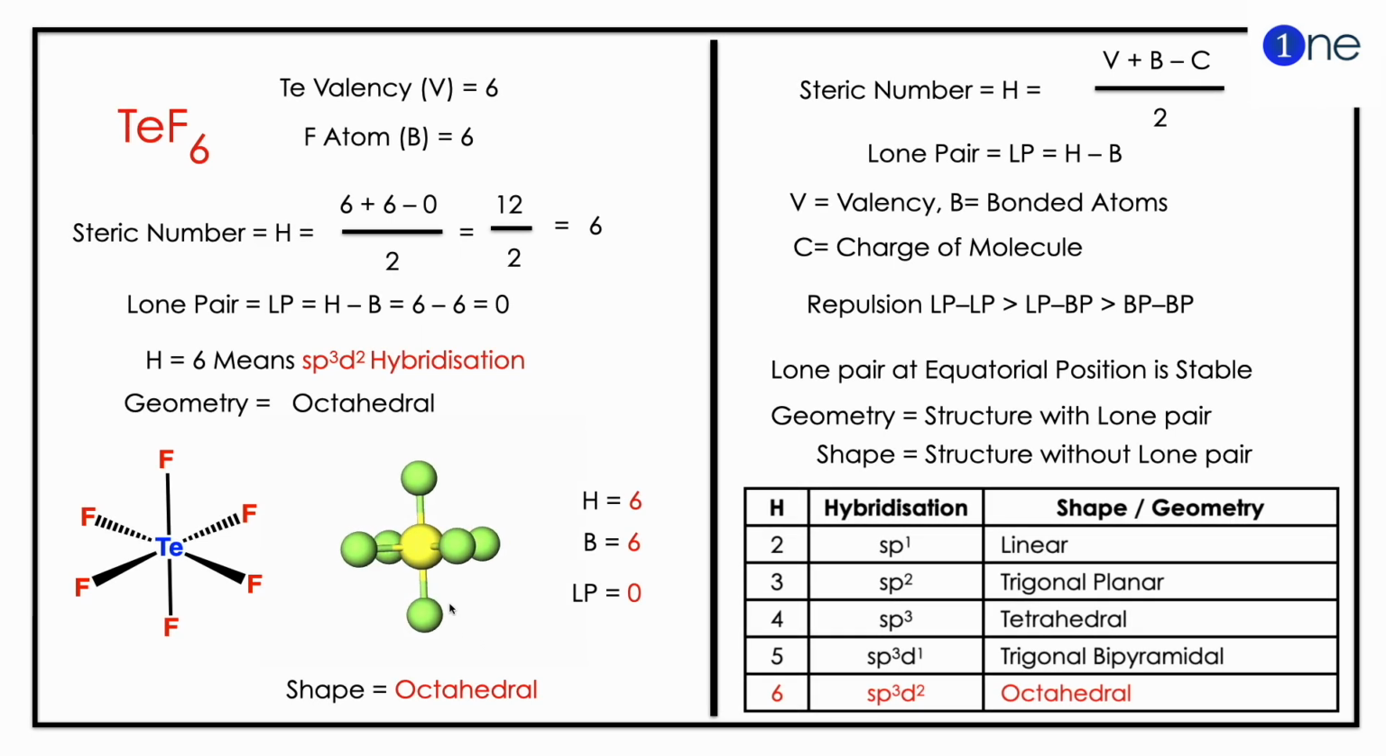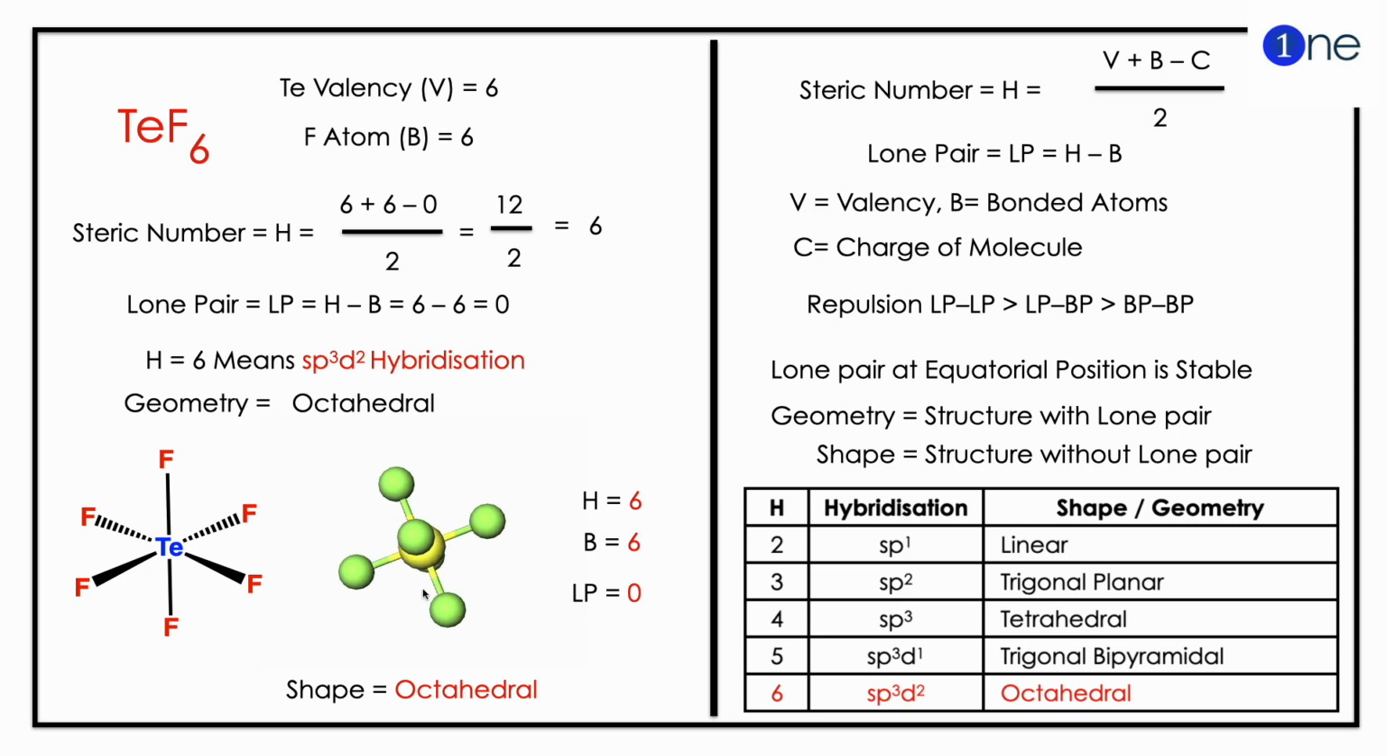To find the hybridization, you should find the steric number, which is H equals (V plus B minus C) divided by 2. V is valency. Tellurium is from sulfur group, so valency is 6 and fluorine atoms are 6. So if you substitute in the formula, you have (6 plus 6 minus 0) divided by 2, which gives